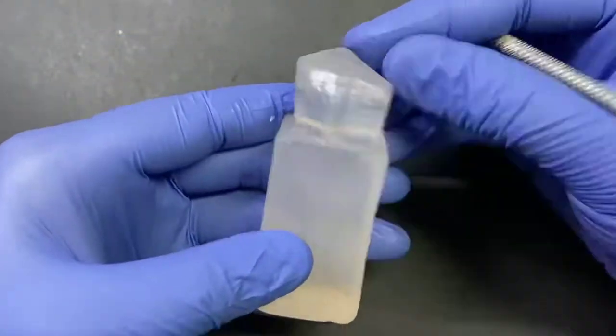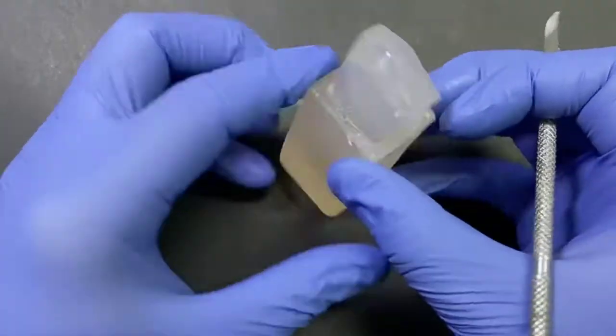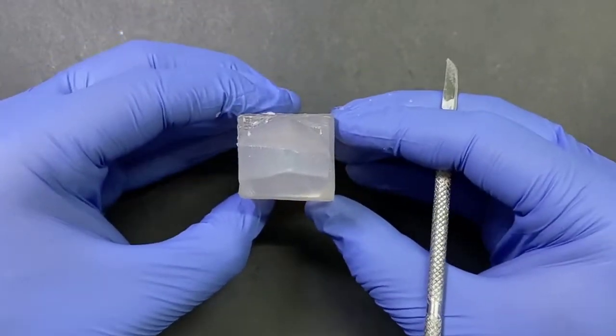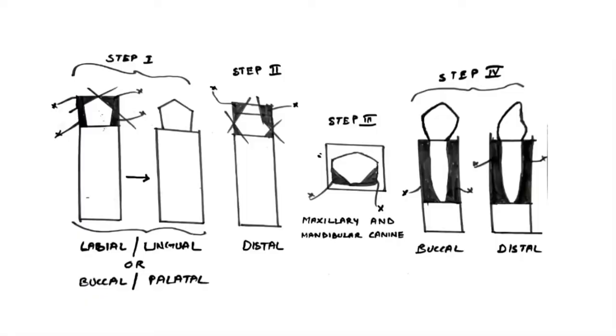Also, you need to round off that elevation so that it's not too much. Too much linear elevation of the buccal ridge would also feel slightly unnatural. We need to make the tooth as natural as possible.